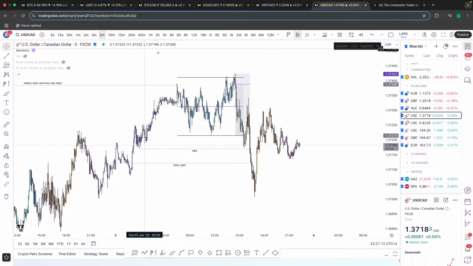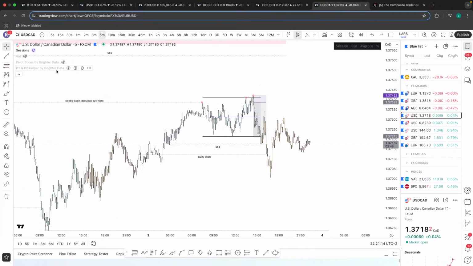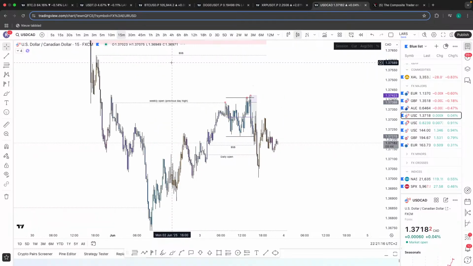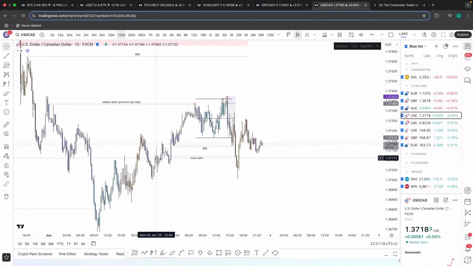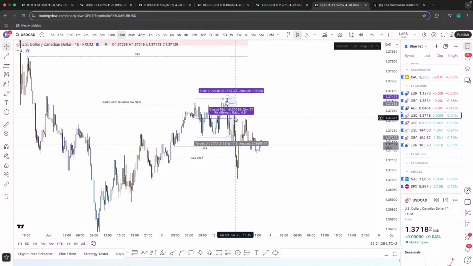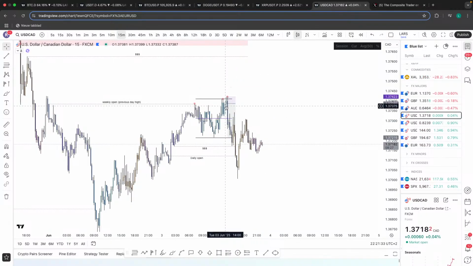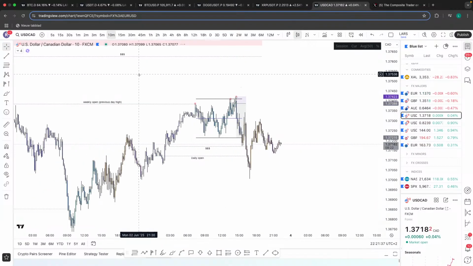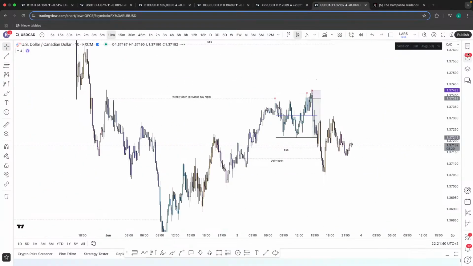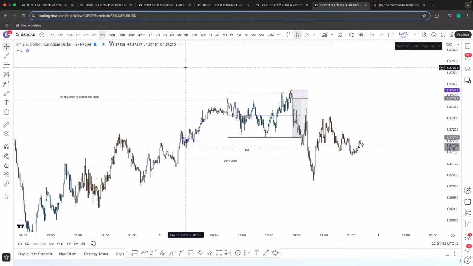But look at this. Study this. If you want to create bias in combination with your TCT models, study daily open, taking out previous day high, which just aligns with liquidity points as well. Model 1 distribution with Asia liquidity below you, London liquidity below you, entry during pre-New York or New York, and then get the rotation to sell side. Bro, textbook setup right there. You can screenshot this and study it from a timing perspective.